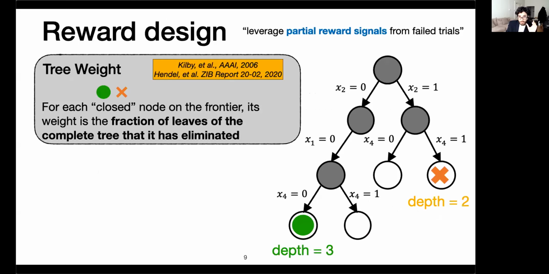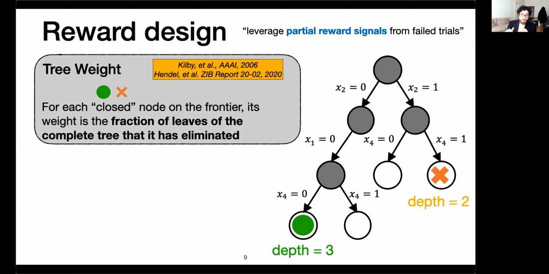Okay, so the reward signal is a very important component of this. And Gregor yesterday talked about various metrics that you can use to quantify tree search completion. So here I'll use one of them, which is tree weight, but the approach I'm going to talk about doesn't rely on that necessarily. It's just one that makes sense. And tree weight says the following. If you give me any tree,